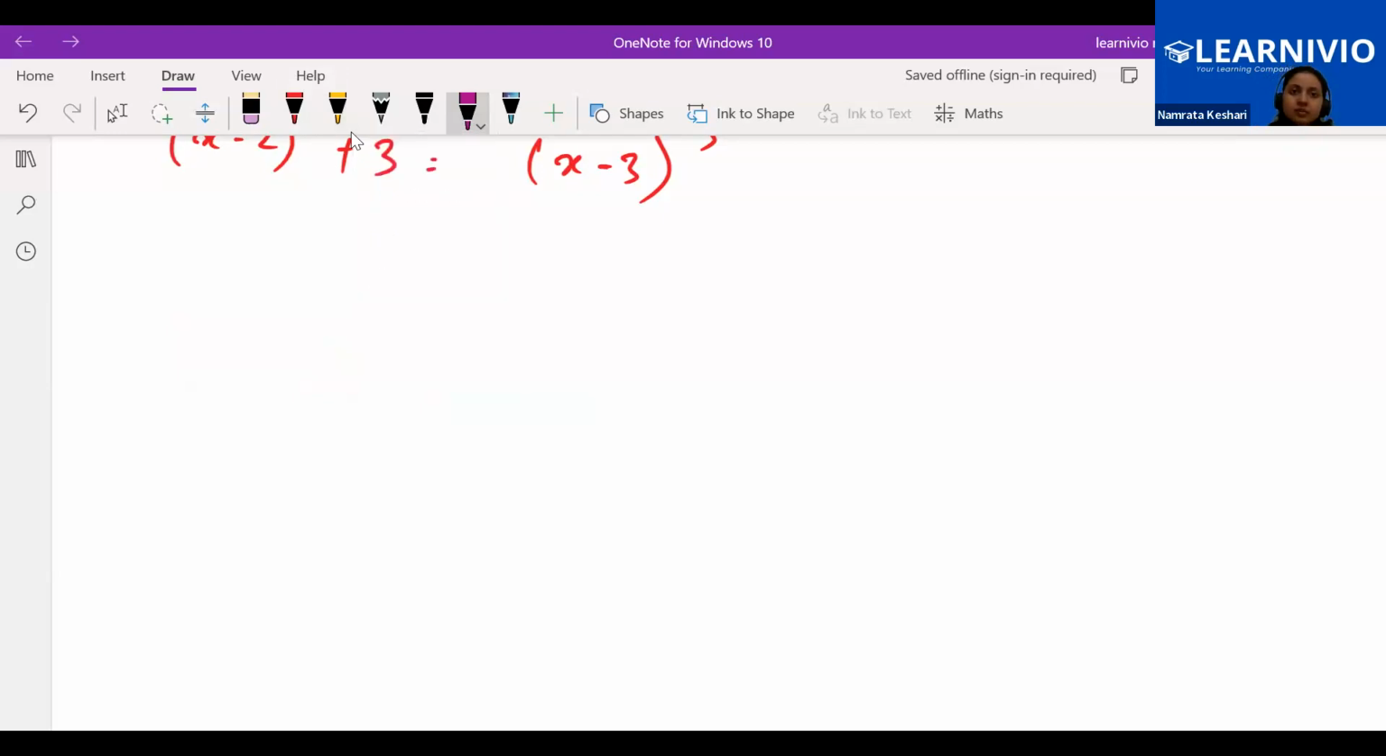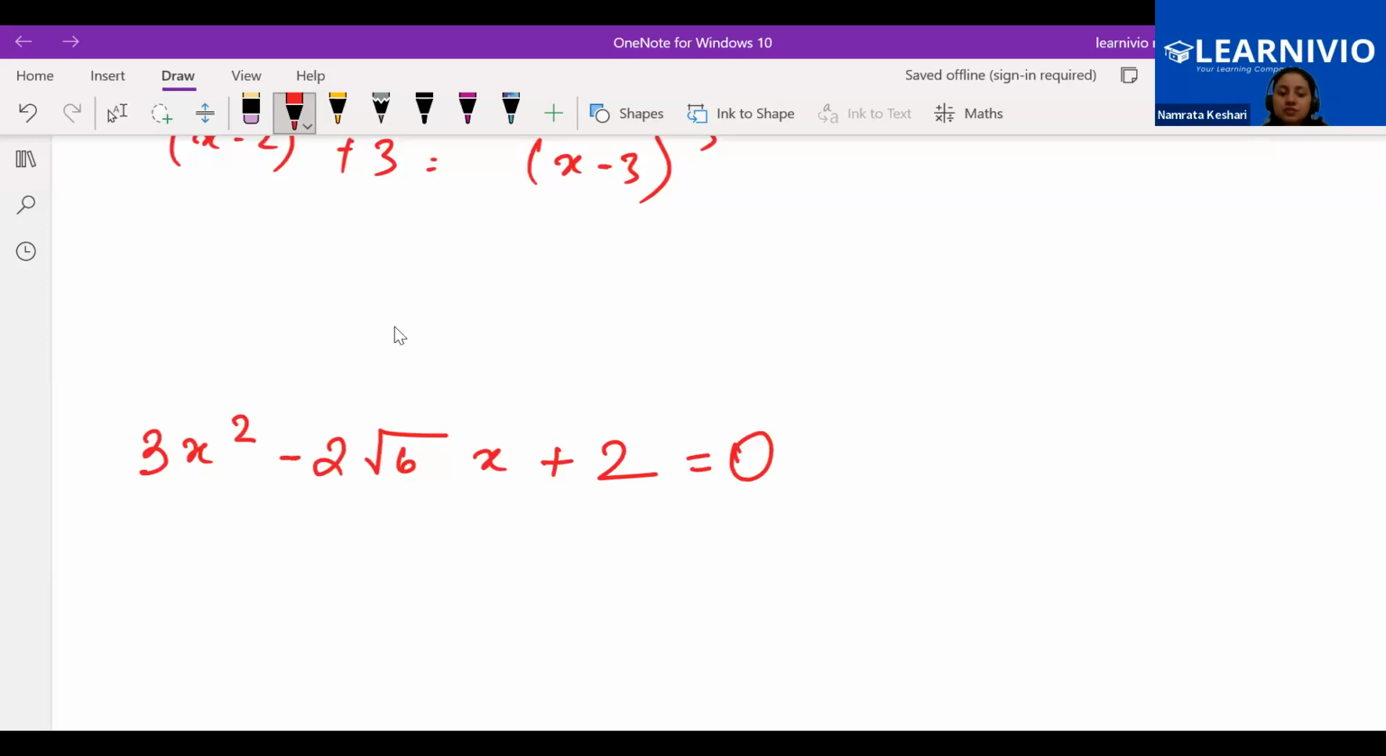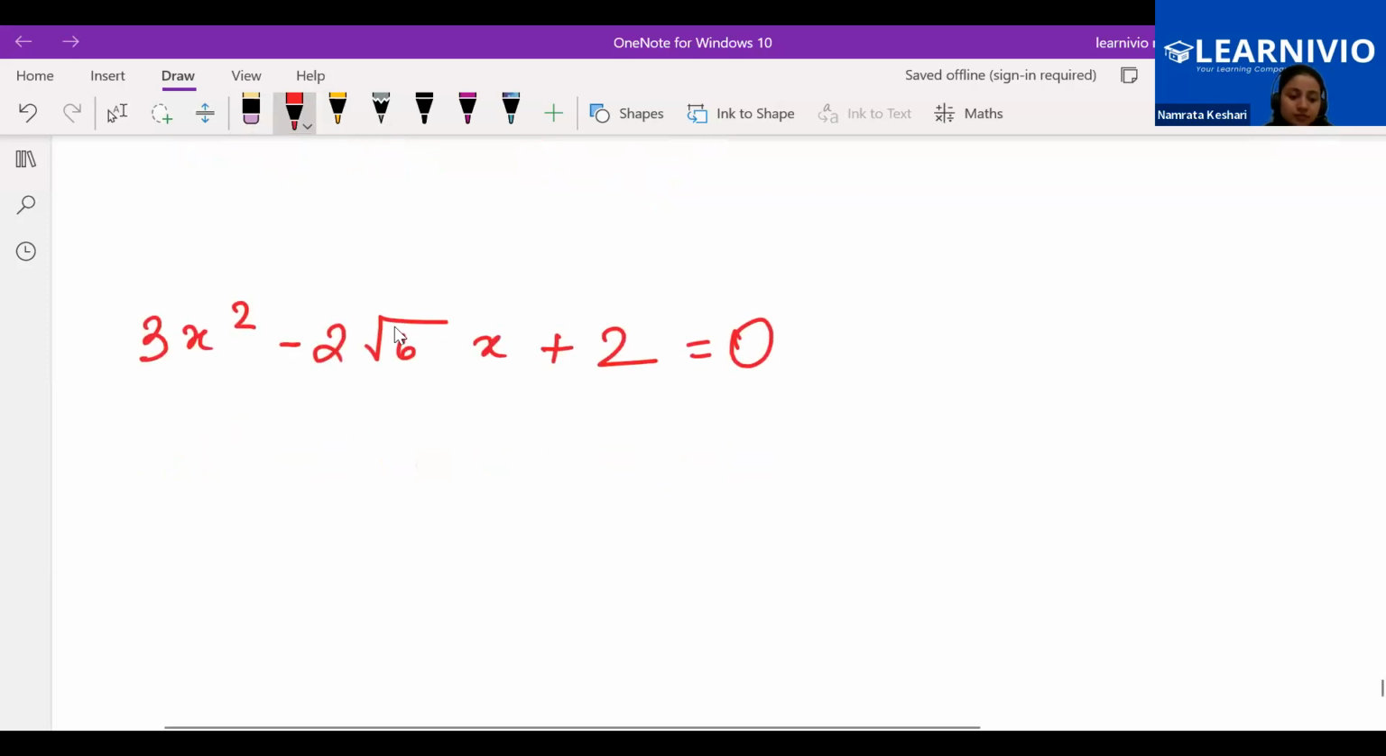3x square minus 2 root 6 x plus 2 is equal to 0. Can you see the screen, Zoha? Can you see the equation which I have written over here? Let's do it. So first what we do, we multiply a,